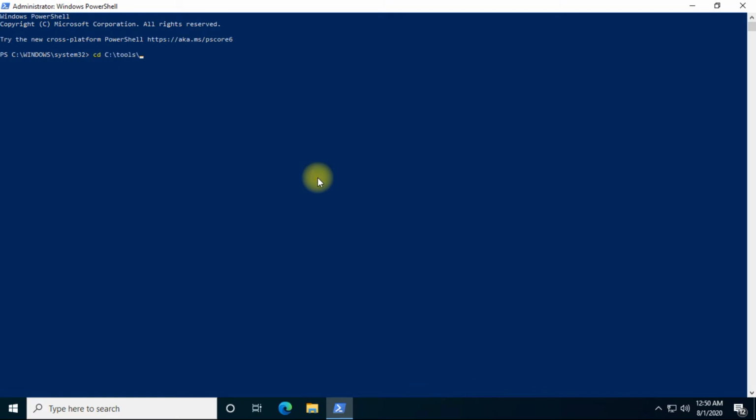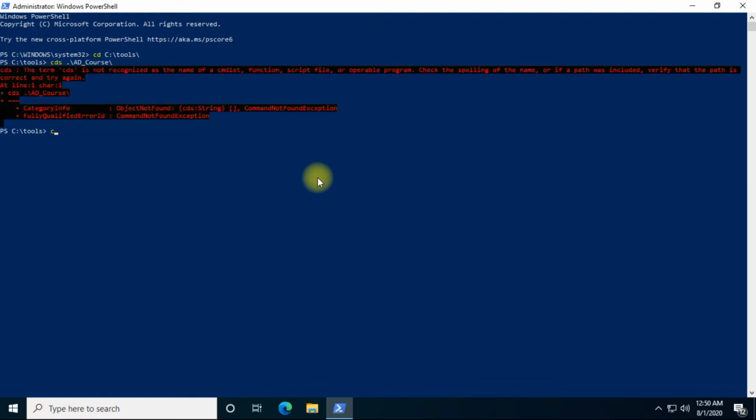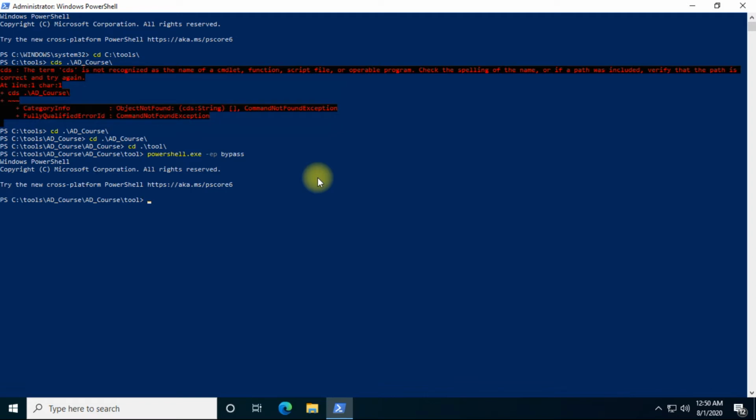We simply have to go to the tools section where we already have the tool. Before running the script, we have to change the execution policy, as we always do. Then, the most important thing, we have to disable the antivirus.